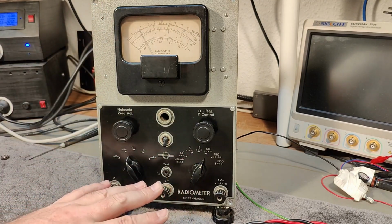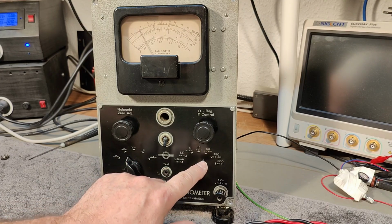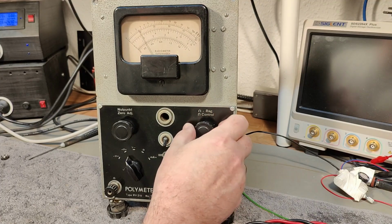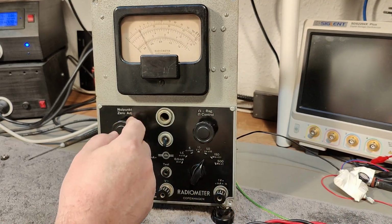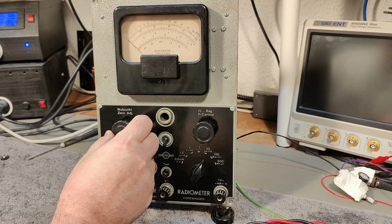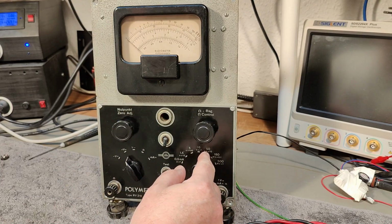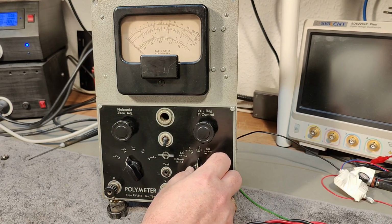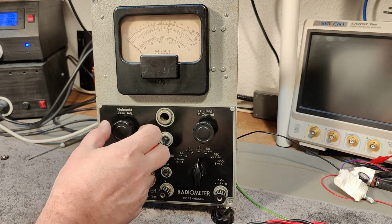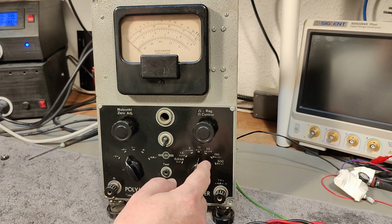I didn't connect anything yet. I think this is 50 volts DC. So this one should not have any effect because this is the ohms. This should be the 0. So I should be able to put this to 0. So if this is the 50, then I can go to the 15. Aha. Then it is more sensitive and then I can adjust for 0 again. So if this is 15 for full range,